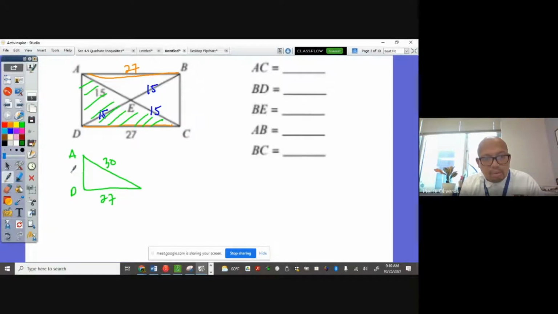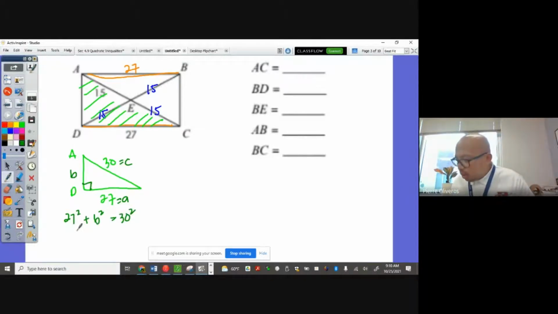Or let's say that's my B here. So I'm going to use the Pythagorean theorem. But remember, this is the 90. So this is my C. This could be my A. So it could be 27 squared plus B squared is equal to 30 squared. 27 squared,